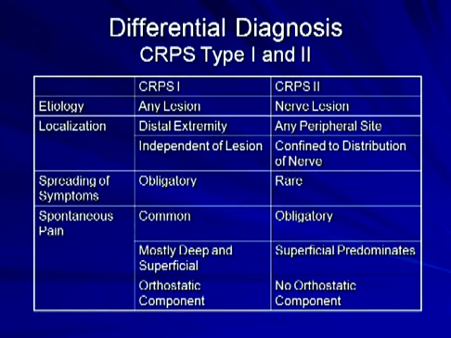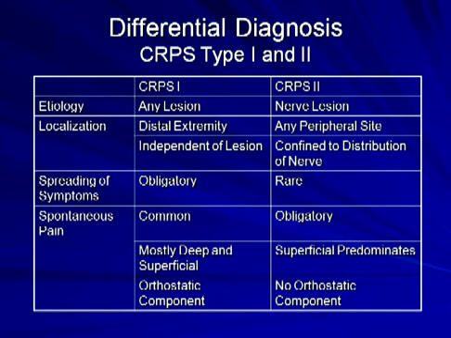And they realized at that meeting, like I said, there were 2 types of sympathetic dystrophy, reflex sympathetic dystrophy and causalgia. So they said it's going to take time to get people used to this new concept, and so we're going to have a transition phase. And the transition phase was to define CRPS type 1 and CRPS type 2. And these are the features, and this is what was described under each of these categories.